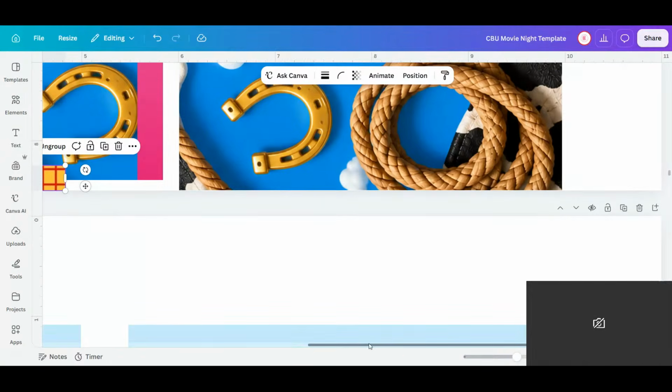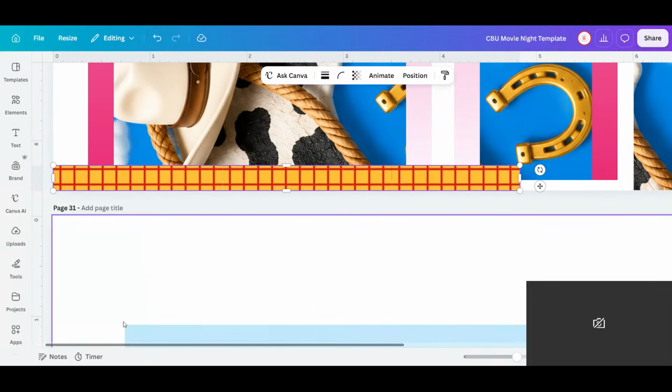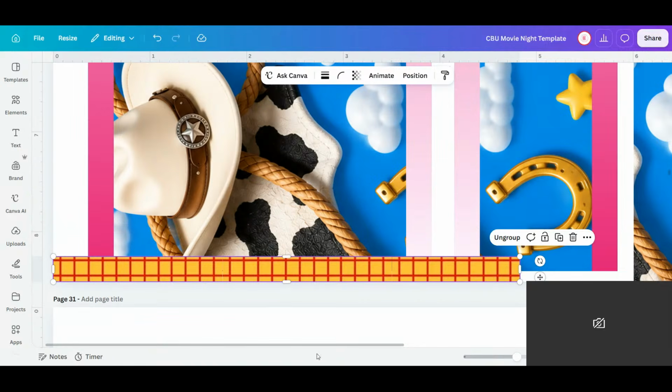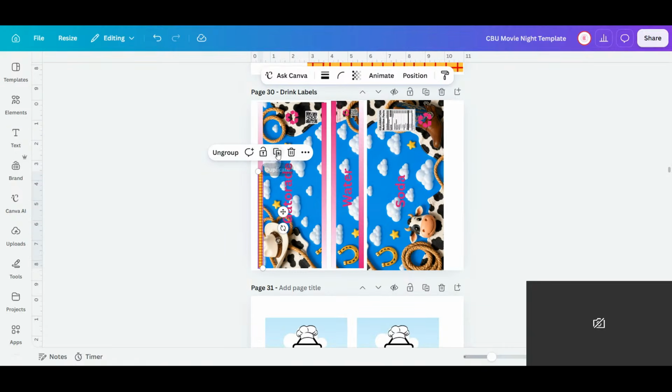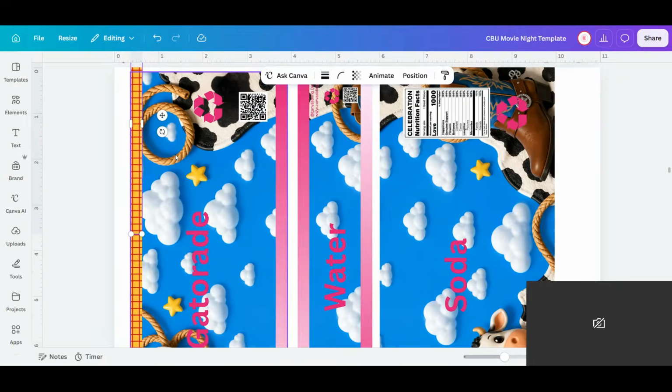Make it as small as I can, because I can always duplicate. To let this be our borders, I'm going to actually crop it to